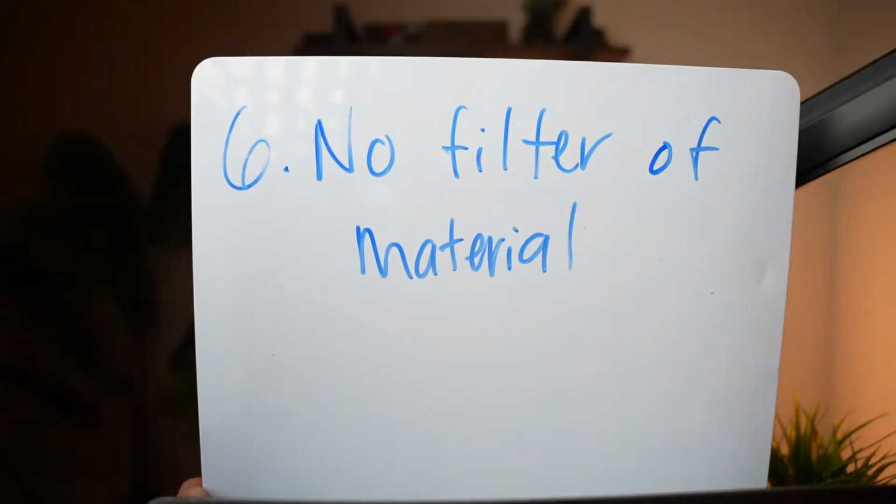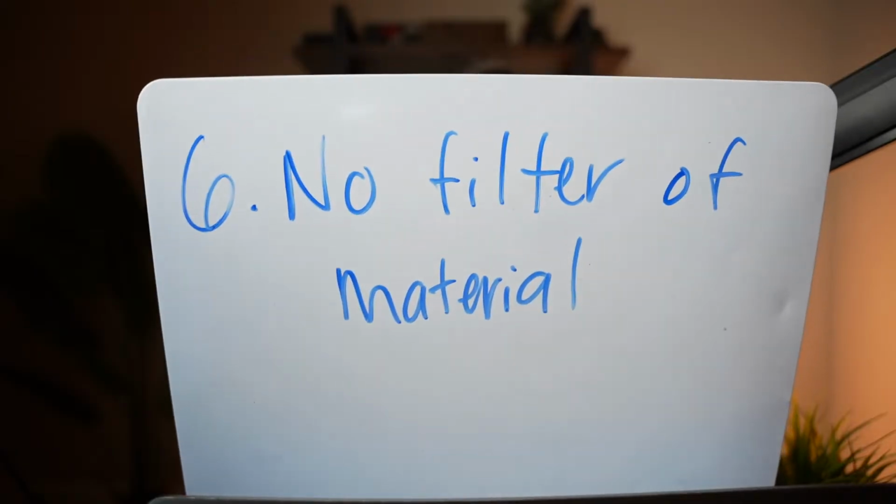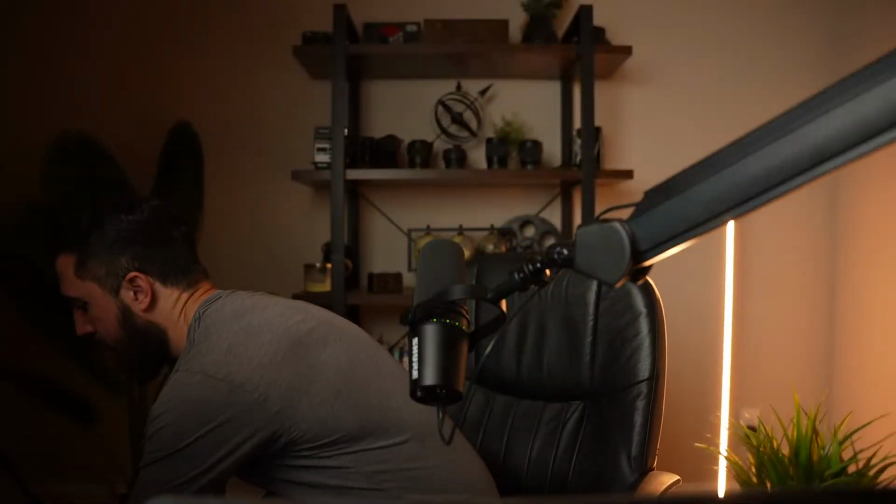The next mistake is to not filter the material. When you're not filtering the material, basically what you're doing is engaging with books regardless of quality or relevance. Going back to what I was saying earlier about YouTubers that recommend these books, maybe a friend recommends a book to you, and you care about this person. You're like, oh yeah, cool, that sounds like a good book. But you're not actually validating or checking the sources, just doing your research, right?